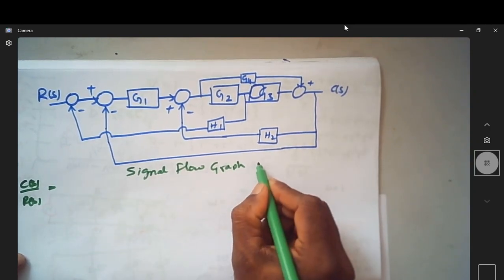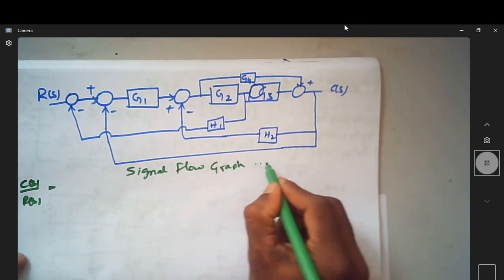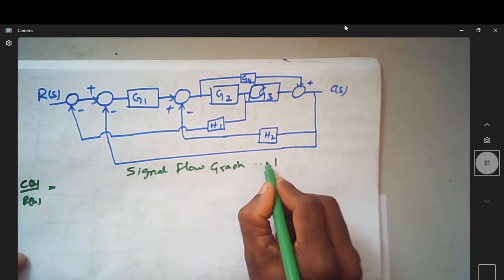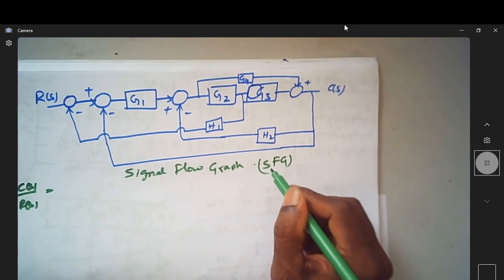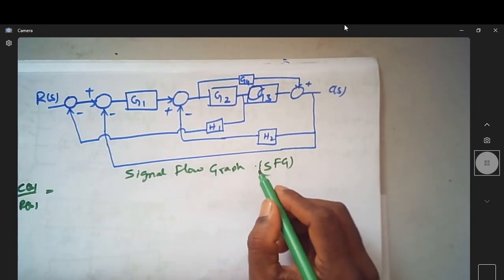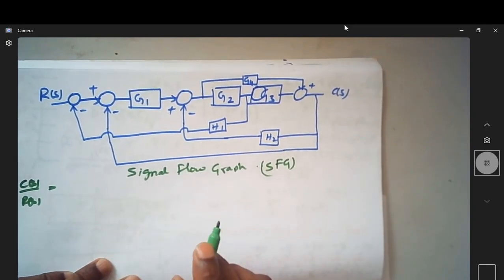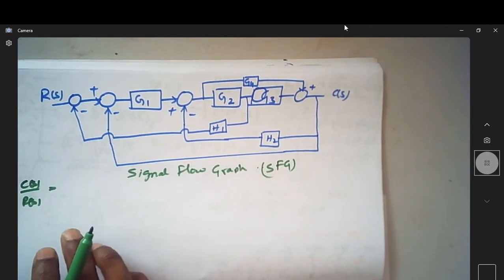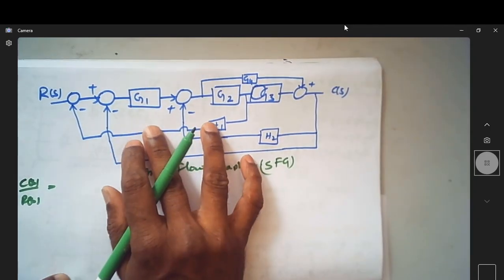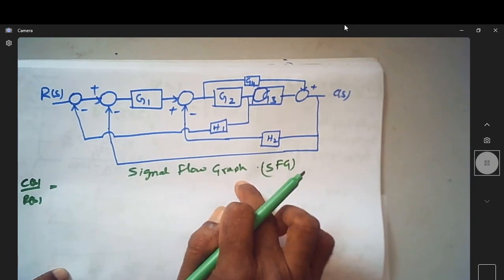Maybe in the coming videos we will see it as SFG. So we abbreviate it as SFG. The abbreviation of signal flow graph is SFG. So to convert a given block diagram to a signal flow graph,